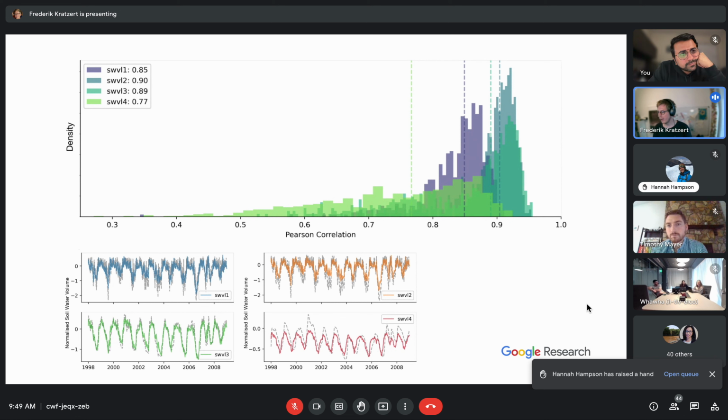And the other question, if I understood correctly: the model that I train in a regional fashion, how can I use this model for different basins? Like basins that were not part of the training data set?